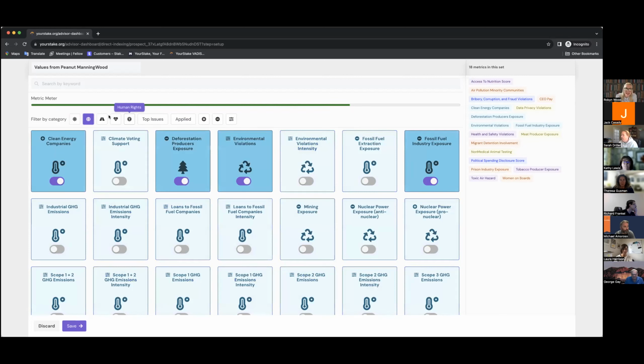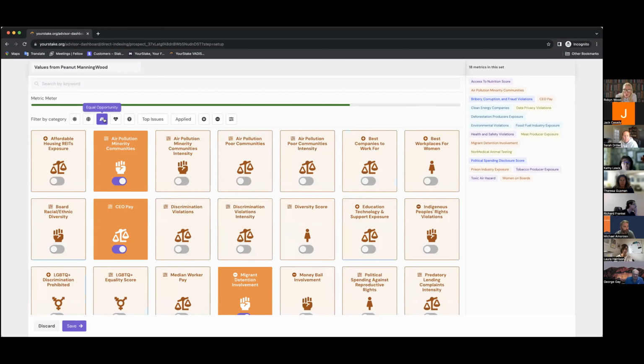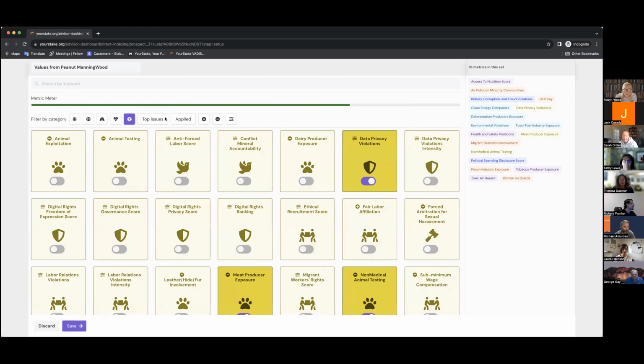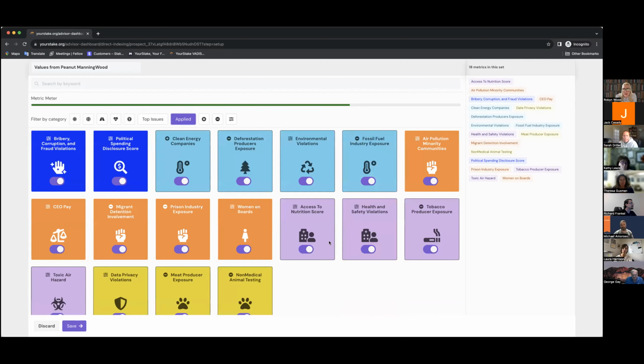So these are our 5 different categories: accountability, environment, equal opportunity, health, human rights. Clicking that applied button just gives me a quick view. Also over here, listing out all of the individual metrics that make up the complete customized value set